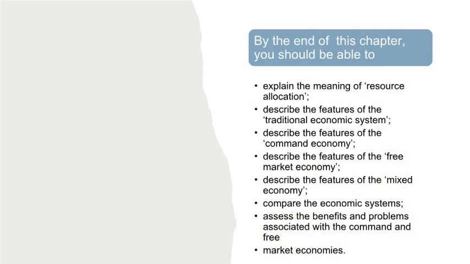By the end of this chapter you should be able to explain the meaning of resource allocation, describe the features of the traditional economic system, describe the features of the command economy, describe the features of the free market economy, describe the features of the mixed economy,